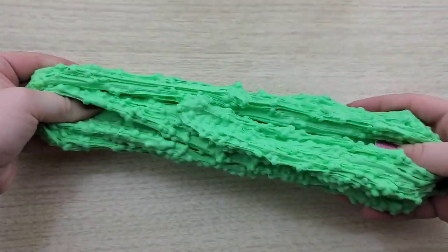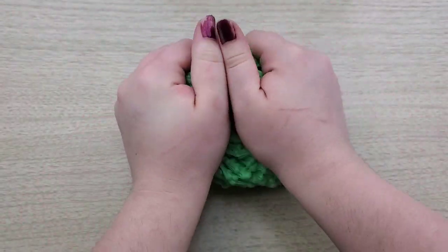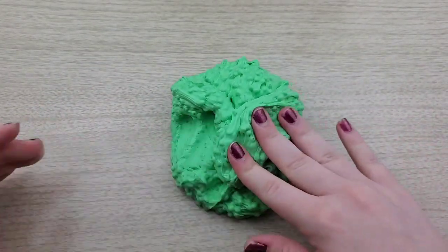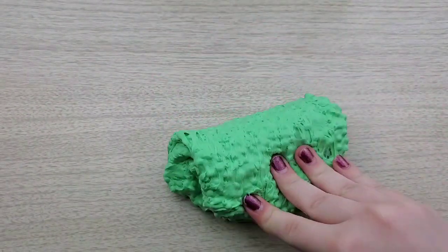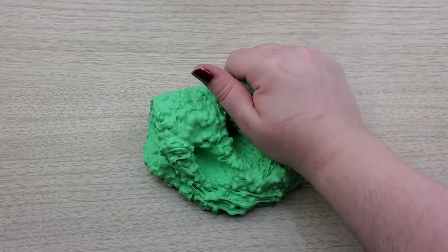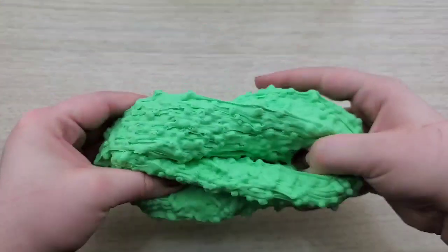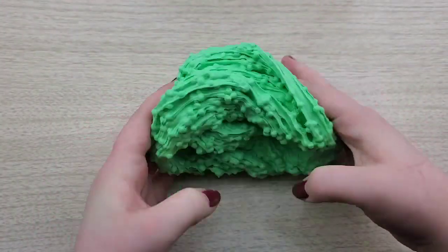I don't know if I'm the only one that has this experience, but with butter slushies, they can be really nice when you first get them, but then the clay really starts to take over like it does in normal slimes, and then the beads fall out absolutely terribly. Like the fallout is horrendous. So I don't know if that's just me, but that's why I was a little skeptical about getting this, but